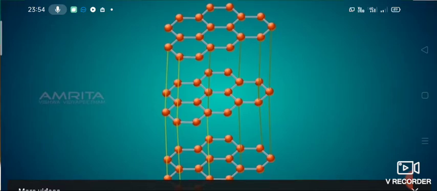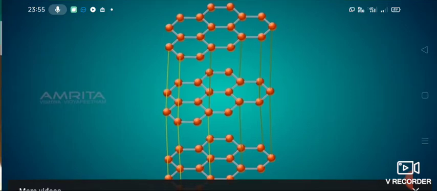It is used in designing carbon pencils, and in preparation of carbon paper. It is used as a lubricant. Why does it make a lubricant? Because of its slippery nature, it is used as a dry lubricant. The name graphite is derived from the word graphene. It is used in the designing of carbon paper. It is used in the designing of brushes of electric motors.